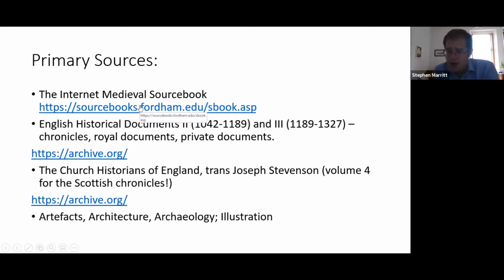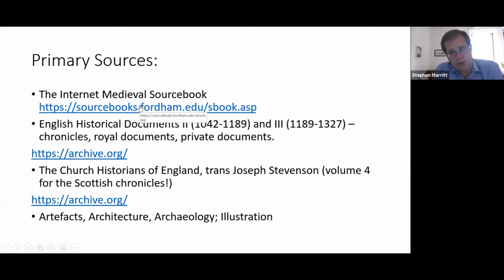But they're free on a website called archive.org. And archive.org has been a real boon to people who teach medieval history, because it puts up material that is out of copyright. And so it has these volumes, which are just the basis for any study of primary sources if you don't have Latin in this period, with commentary. They're just wonderful. You could spend days reading these, put them on a bedside table and read it.